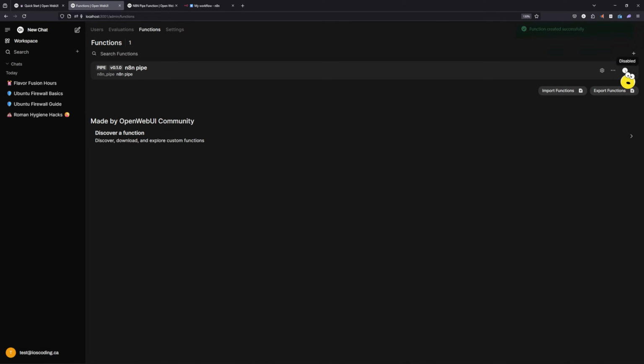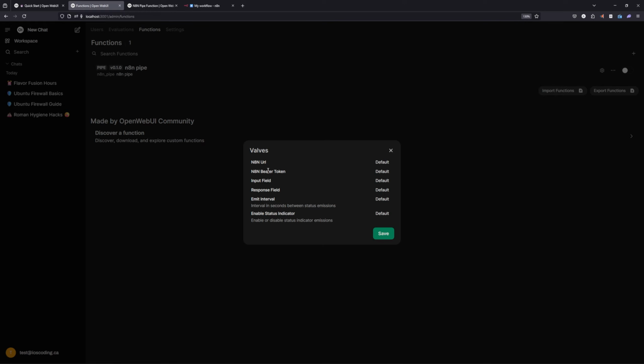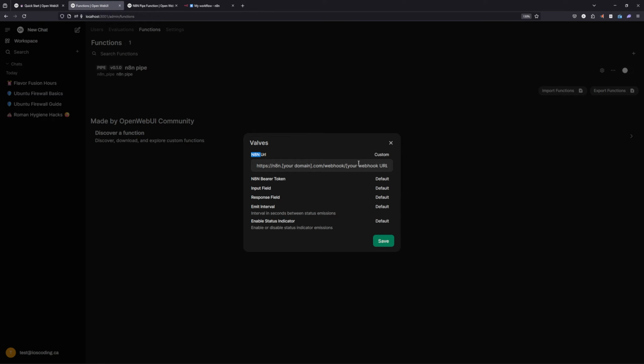Right now it's offline, which means it's disabled at the moment. We will enable it, but before we enable it, we need to configure these valves. Let's see what we have if we click on this valves icon. Here you have a bunch of values which you can provide as the configuration parameters. The important one in here is the n8n URL. This is the URL where your n8n workflow server is running. If you notice, there's a pointer called